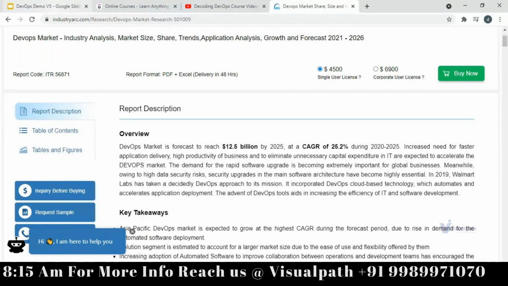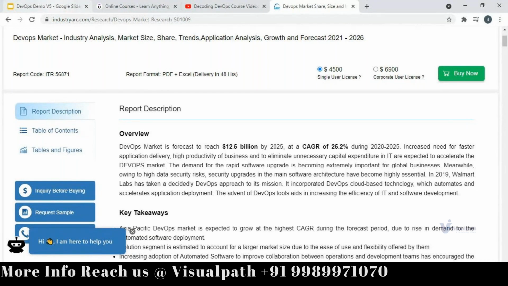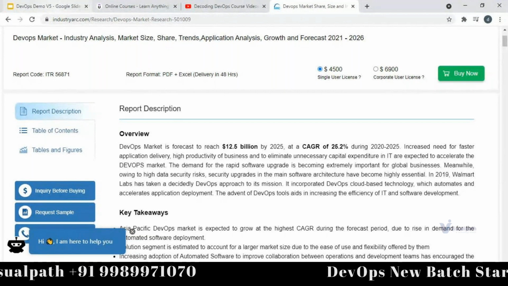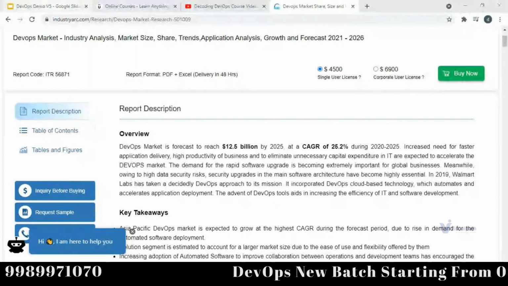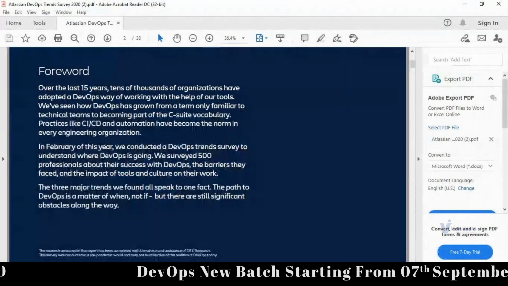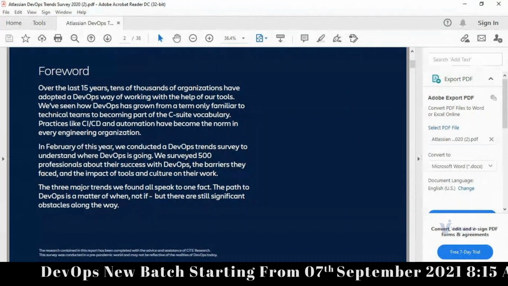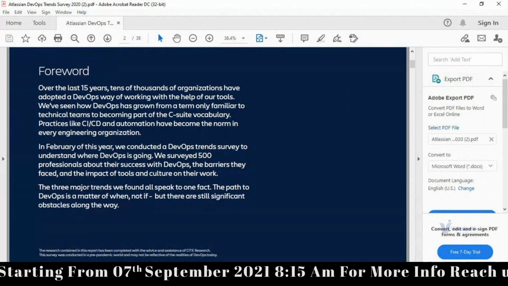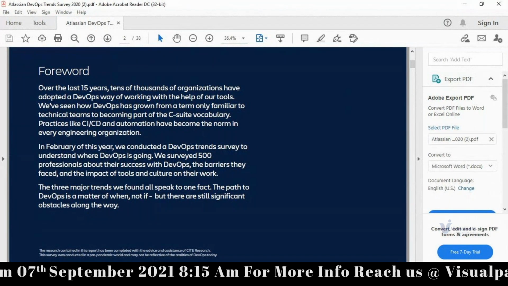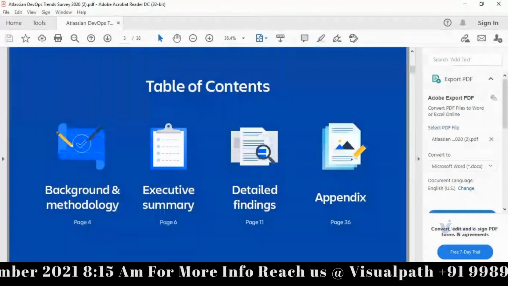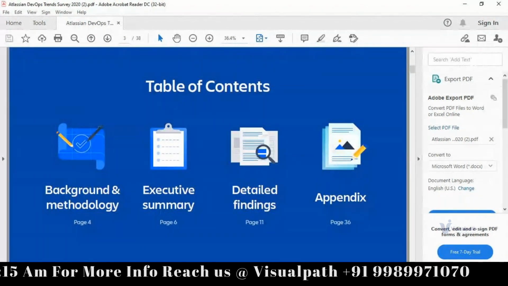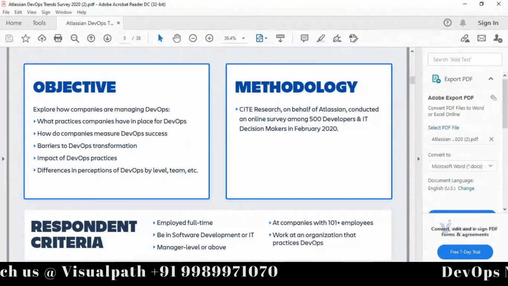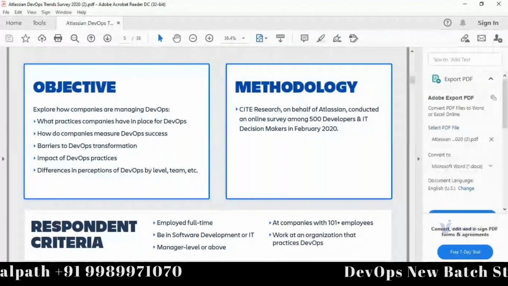That's huge. Okay, now if you're still not convinced whether it's going to grow or whether I've chosen the right career or not, there is a survey from Atlassian. There are many surveys, and there are big names in DevOps and the IT industry who conduct surveys. Like there's Puppet, there's Atlassian. Atlassian is a big name in DevOps. Terraform, Vagrant, Jira, amazing tools are there from Atlassian. So this is the Atlassian survey from last year, because this year is not yet completed.